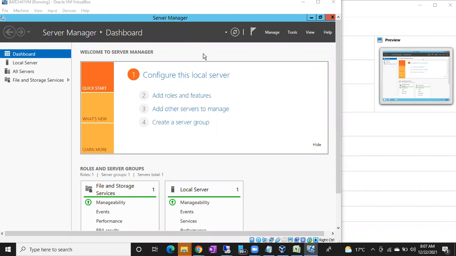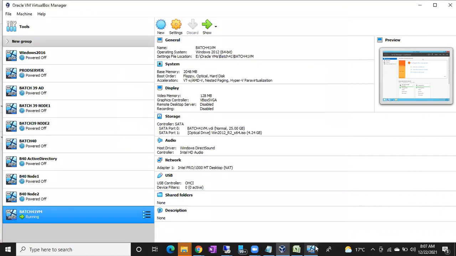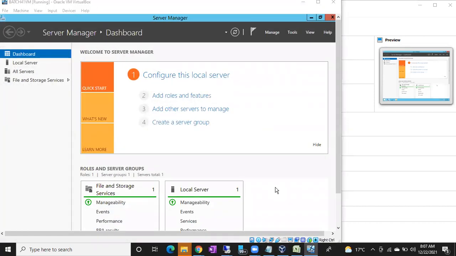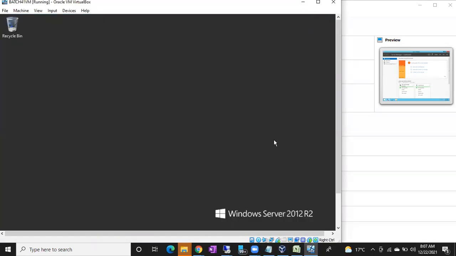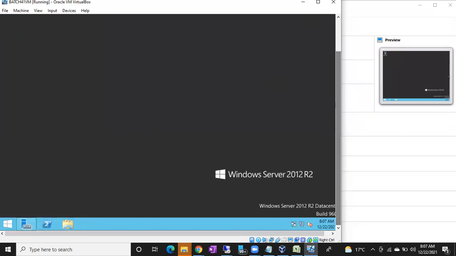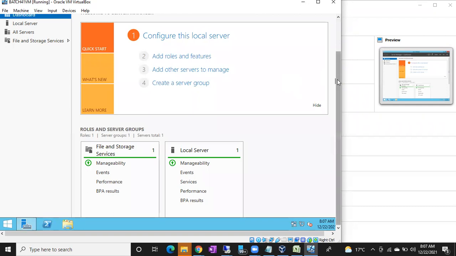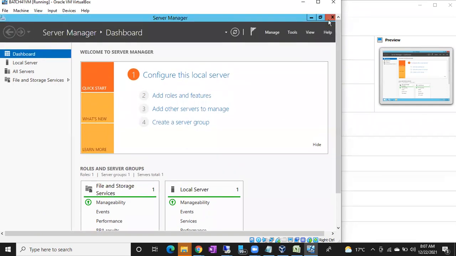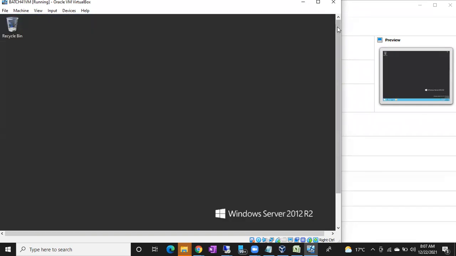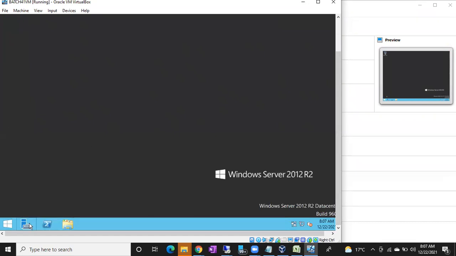So ipconfig, you have to type. Simply go to the machine, open command prompt. What you can do, just minimize the server. You will get the server manager screen regularly. Once you log into the server, you will get the server manager screen, even in organizations. You can either close it or minimize it. If you want to open it again, it will be here. A server with a briefcase icon is called server manager.